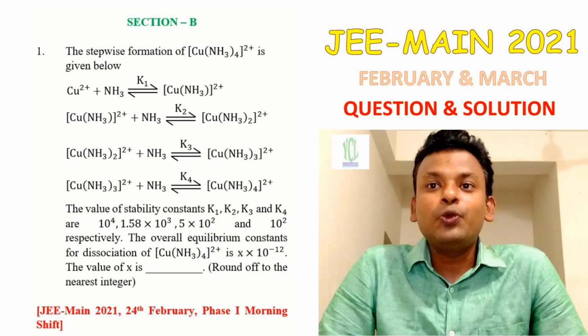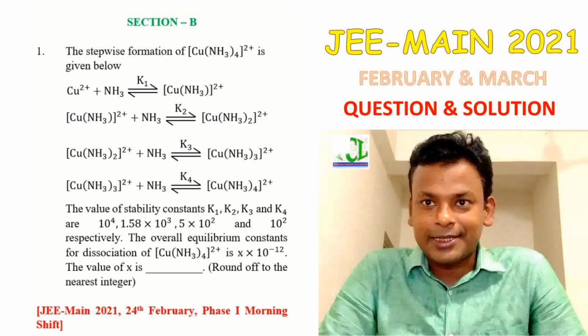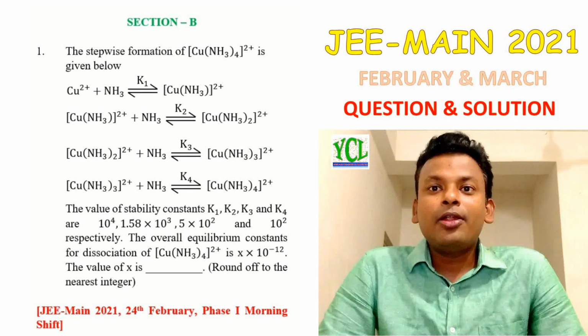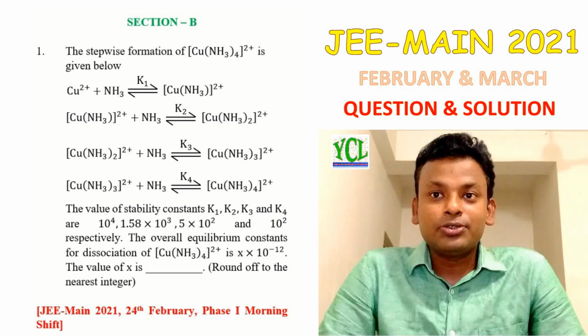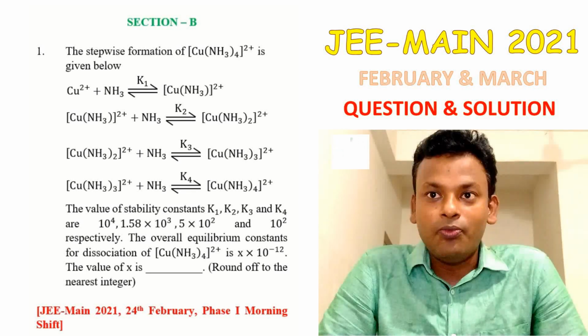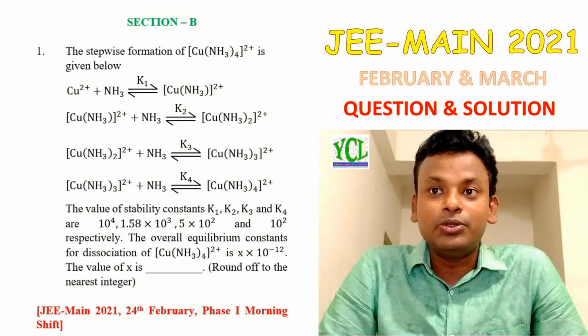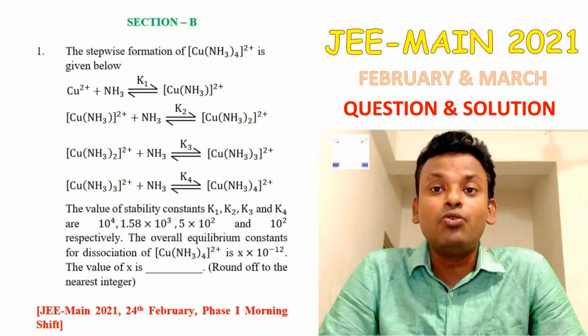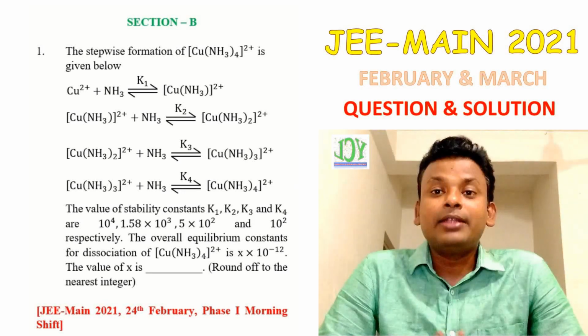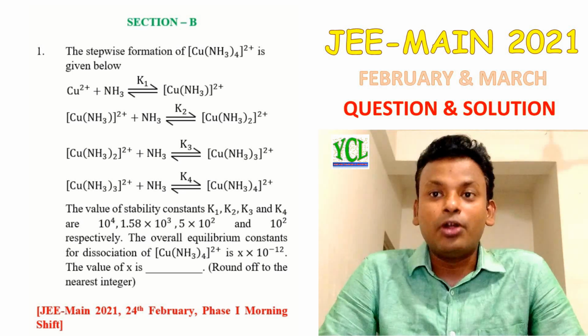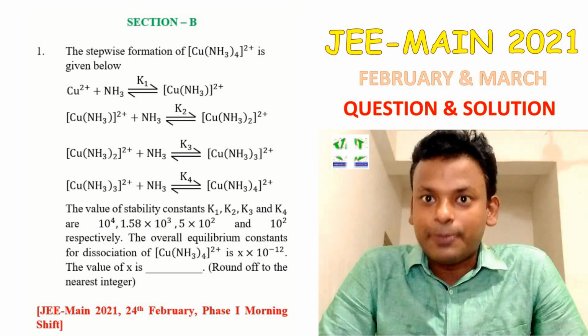The overall equilibrium constant for dissociation of Cu(NH3)4 2 positive is X into 10 to the power minus 12. The value of X is... This question was set in 2021, 24th February, shift 1, morning shift, and the answer